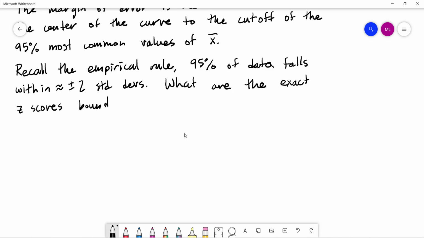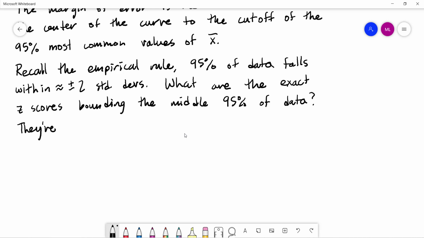Well, these are going to be called the critical values, or critical value. And are given by